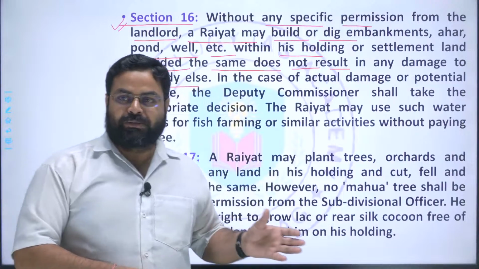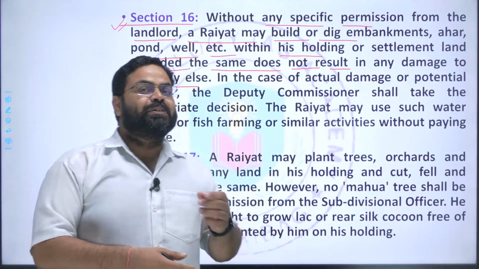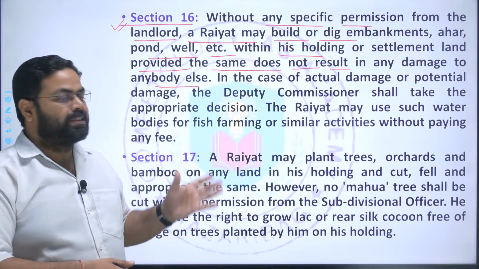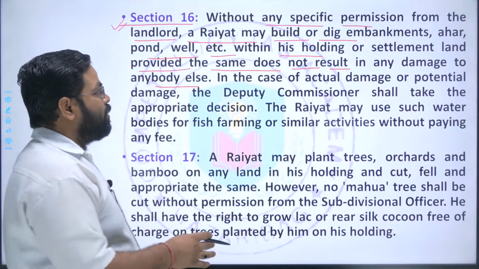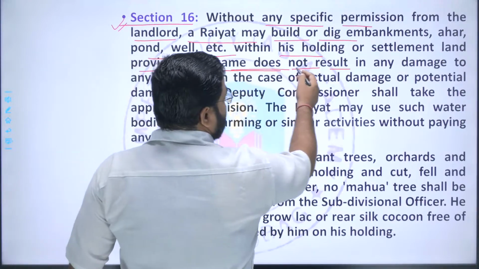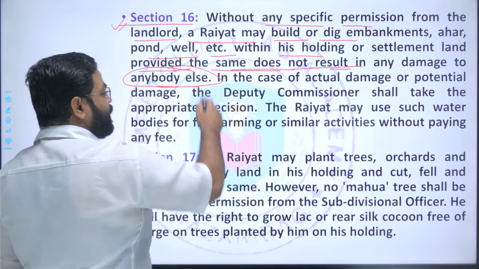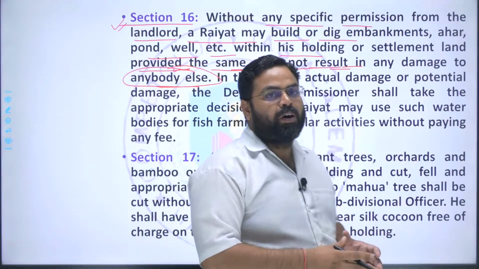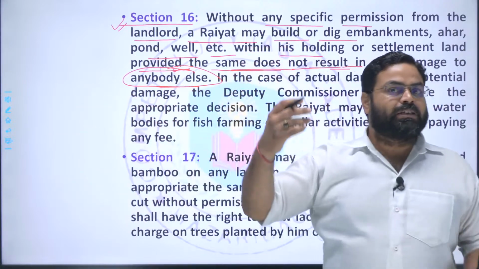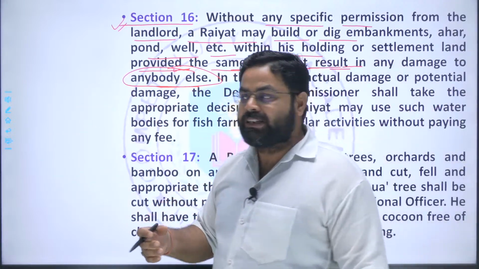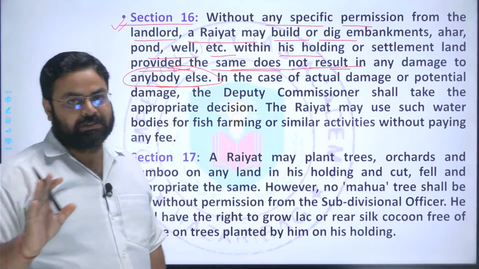आजकल के टाइम में जो गवर्नमेंट चला रही है जिसको क्या कहते हैं डोभा, like so such kind of things, even the wells etc can be dug on his land, but that should not result in damage to anybody else. So you cannot construct a pond in such a way that the other person's land gets eroded away, उसका जमीन न बह जाए, उसकी मिट्टी न बह जाए बगल वाले की, तो ऐसे भी आपको कंस्ट्रक्शन नहीं करना है. It is not allowed, right?